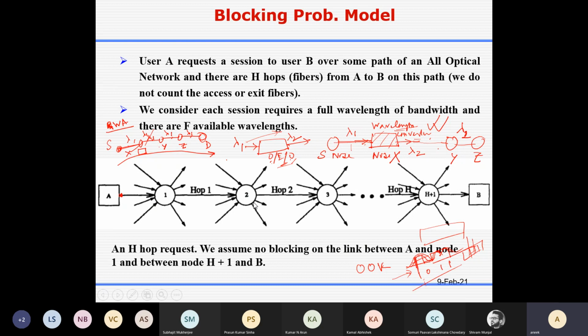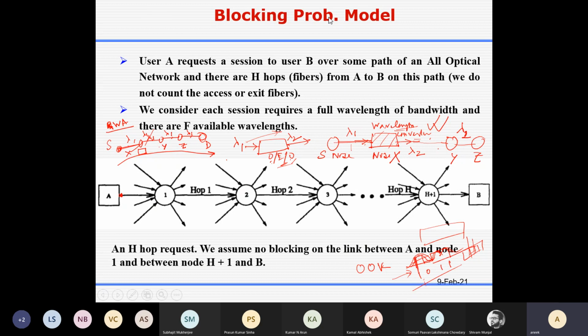So we can understand that if you use a wavelength converter, you can set up a light path easily. That means there is a continuous path you can get with some specific wavelength. If it is feasible, then you say that light path can be set up. And if you cannot set up the light path, you say the light path is blocked. So we can compute blocking probability.